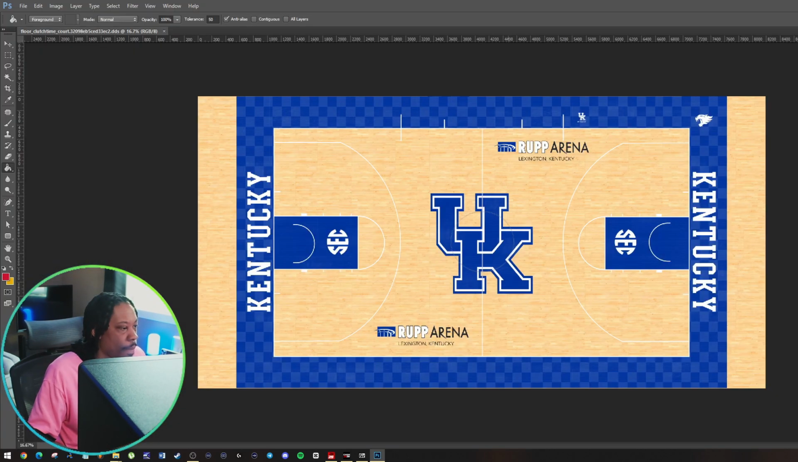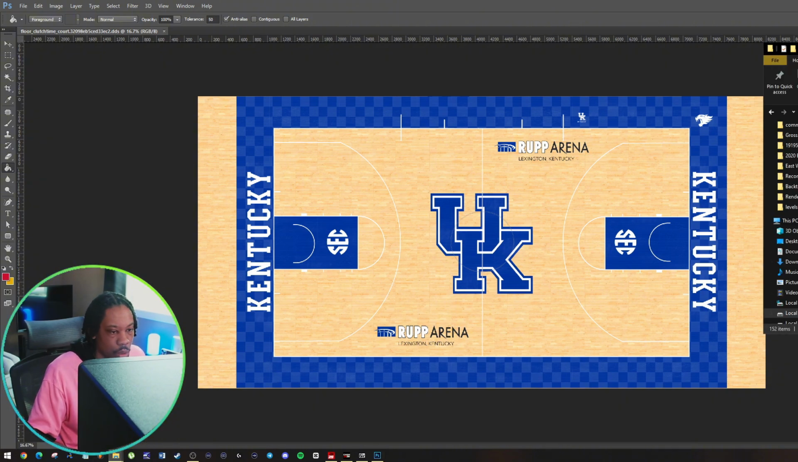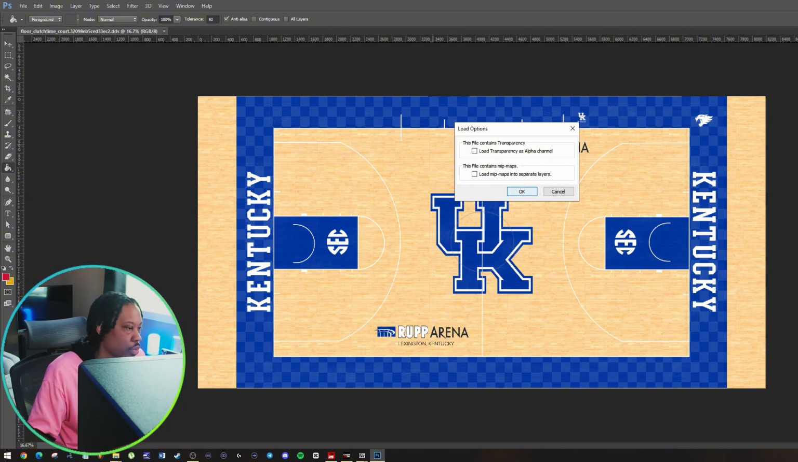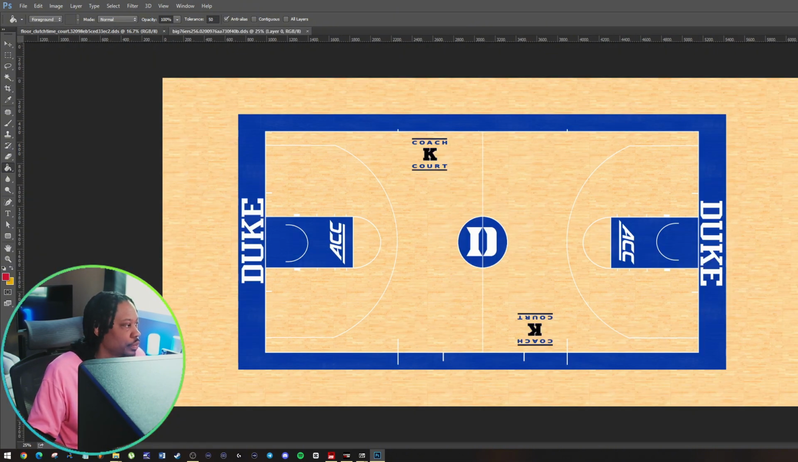It's the Kentucky court. All right, so this is the Kentucky court that's working for 2K25. I'm gonna open up one of the, I can't remember what number Kentucky was, but we're gonna open up an old court for my 2K20 mod. And so as you can see off the rip, if I go to